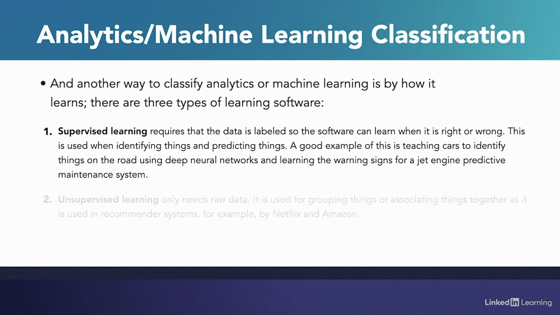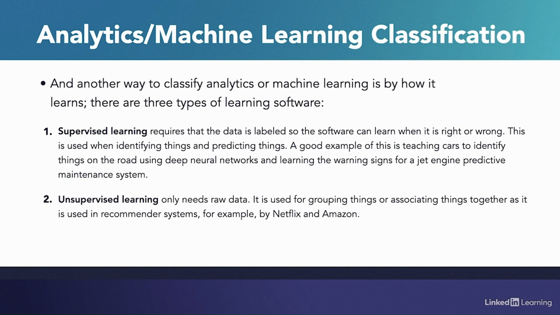The second learning software is unsupervised learning. Unsupervised learning only needs raw data. It is used for grouping things or associating things together as